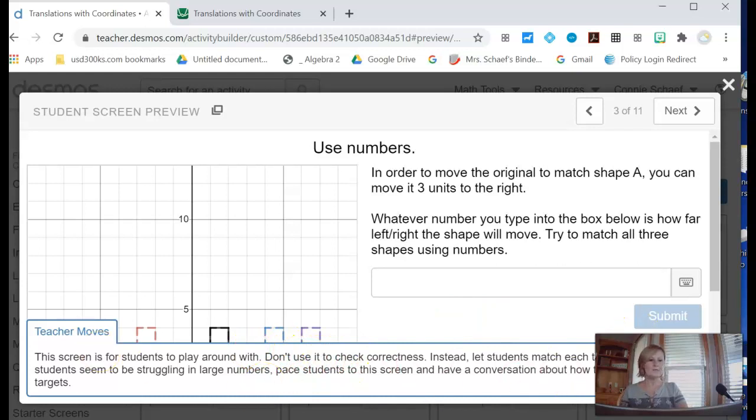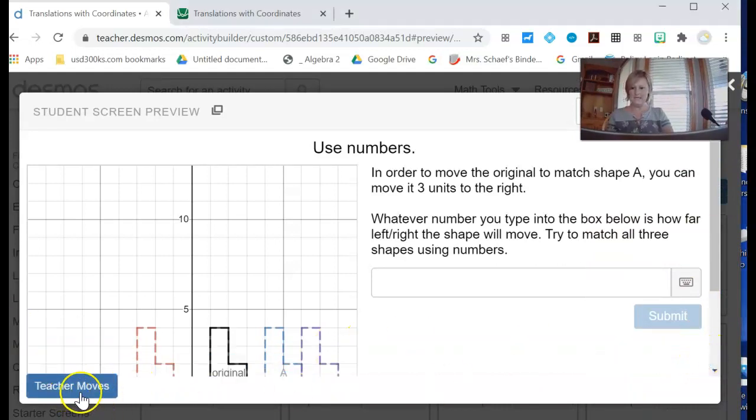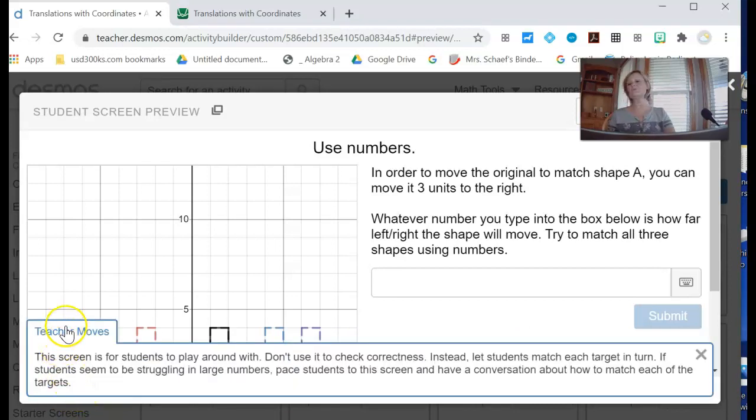The other thing I didn't mention, but as a teacher, my face is kind of in the way there, let me move that out just for a second. So let me show you how it works here in teacher view, but there is this teacher moves here. And so what that allows you to do, if you click on that,